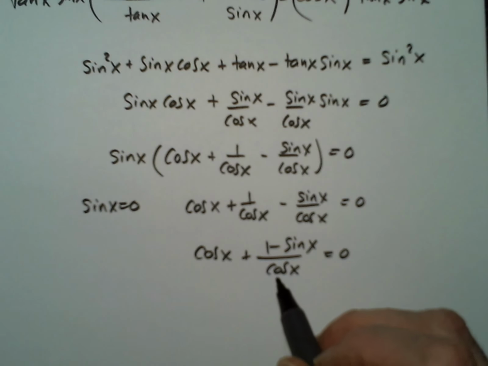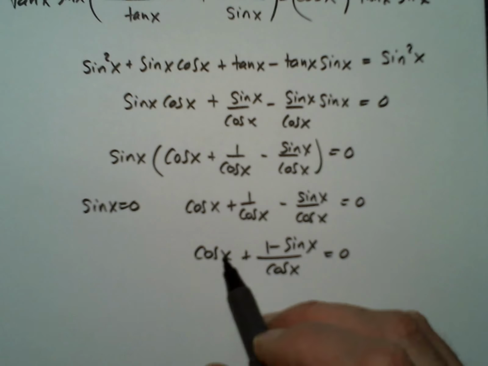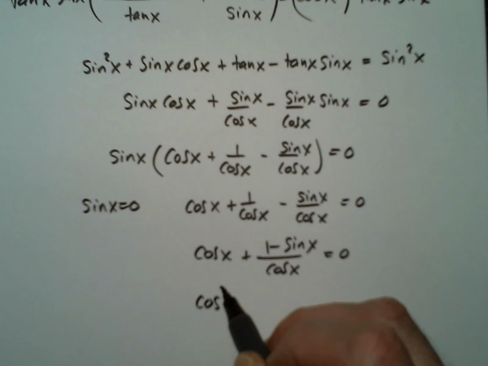Let's multiply both sides by cosine. So we have cosine squared